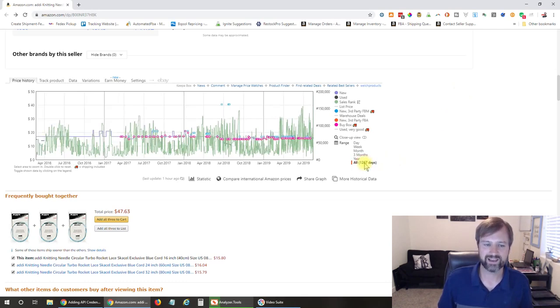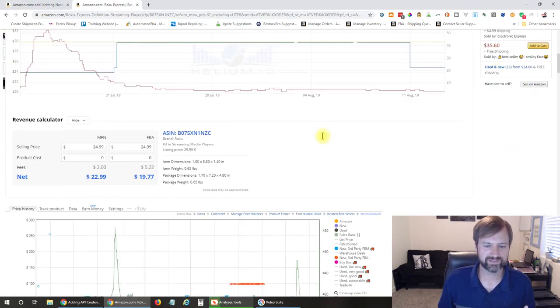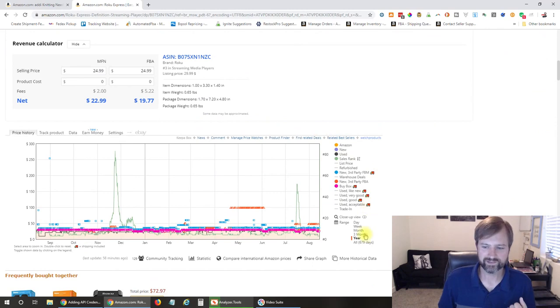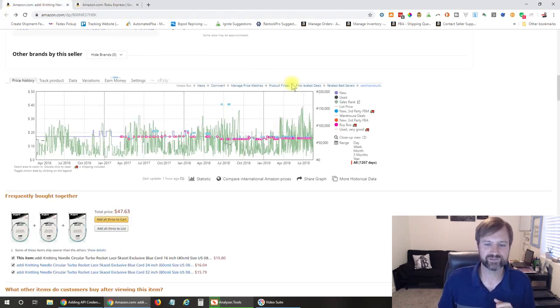If Amazon has ever sold this before, this graph is going to show up a section of it in orange. I just pulled up the Roku Express here so you can see what I mean. So here you can see that this is all orange, which means Amazon is selling on the listing. So that's really important to know. You can see that Amazon has never sold this listing, which is good, so you don't have to worry about